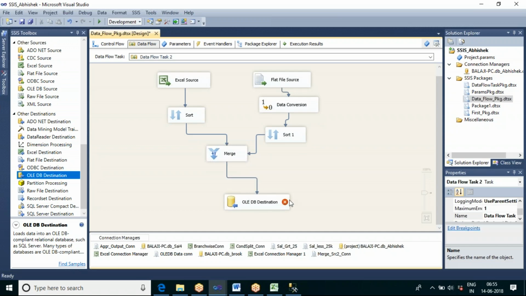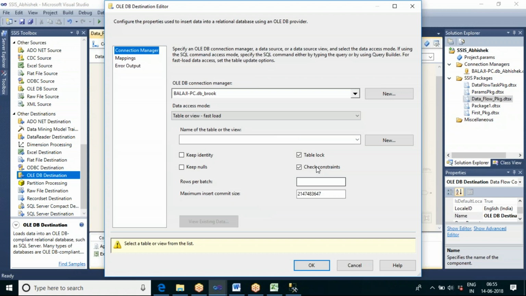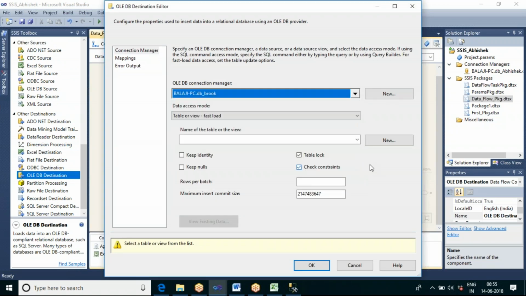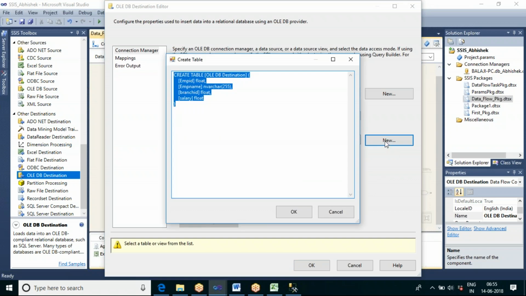Let us take our database as db_brook. Do you want to create a new table? Yes. You can see, as I told you, R8 means float and WSTR means nvarchar. With the same data types it is going to create a table in our database.